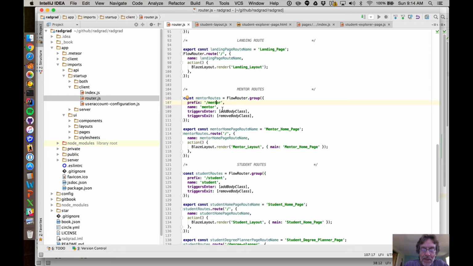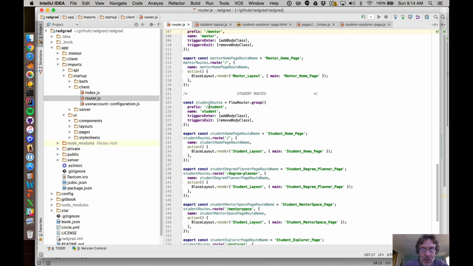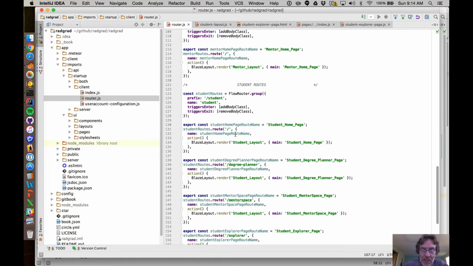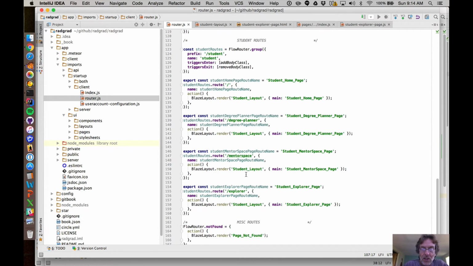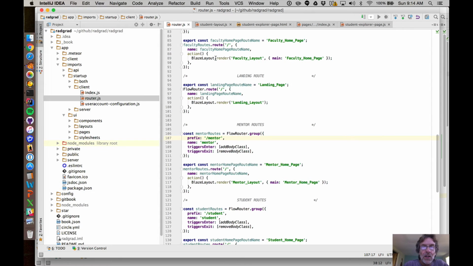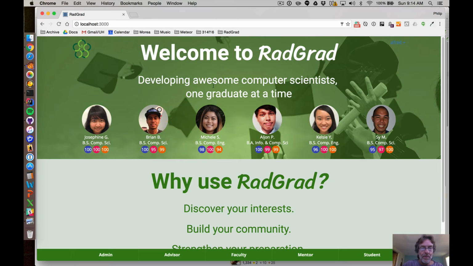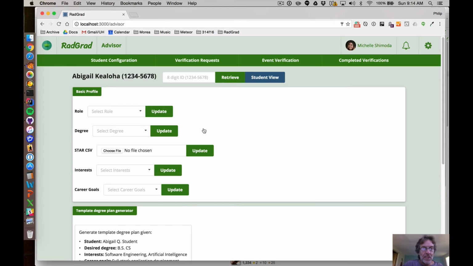So for example, for mentor, there's just a home page, so you just go to the mentor page. But for student, you go to student, and then inside the student there's a home page, and then there's student/degree planner, student/mentor space, and so forth. And that's how all that's implemented. Okay, so if we go back to this, what you can see is that